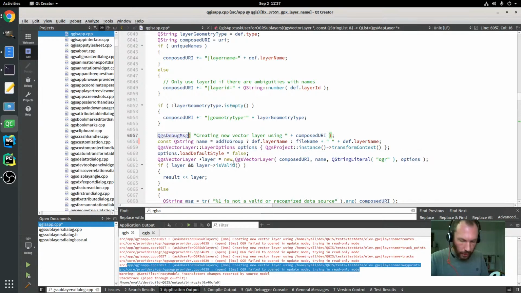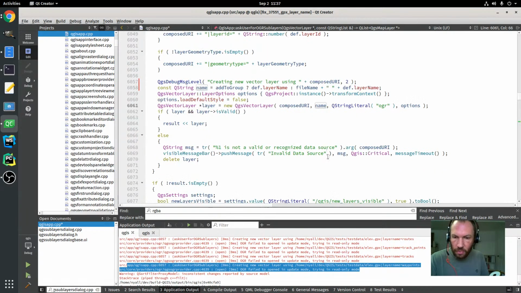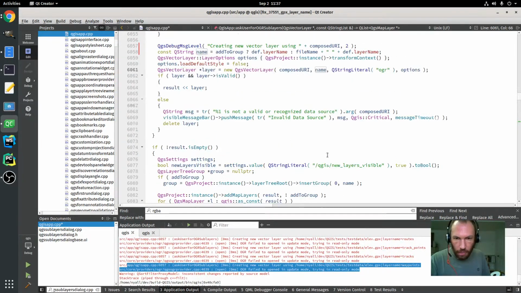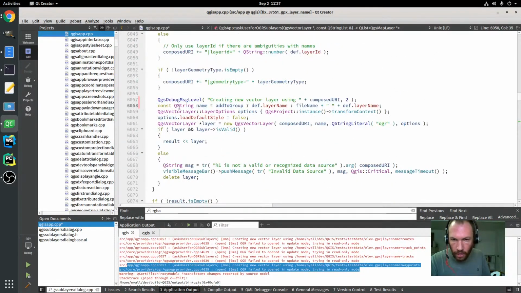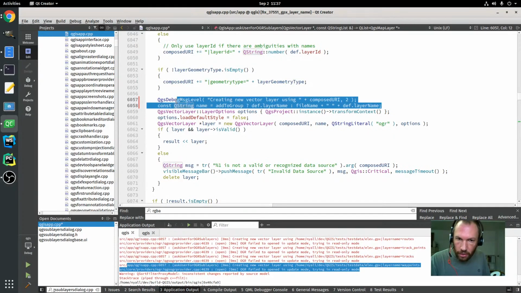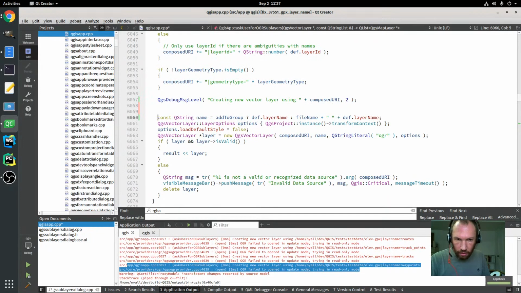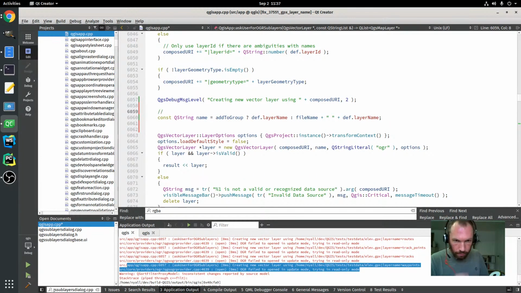So I'm just going to tweak this while it's here and while my eyes are looking at it, to push it down. So instead of being shown by default, it's now hidden by default unless you put in an environment variable to say, show me all the level 2 debug messages as well. So we'll just make that code a bit nicer that way too. All right, so anyway, here's our new logic. The new layer name, if we're adding it to a group, we don't need to include the file name, otherwise we do. And I'll also add a little comment here to that nature to say,